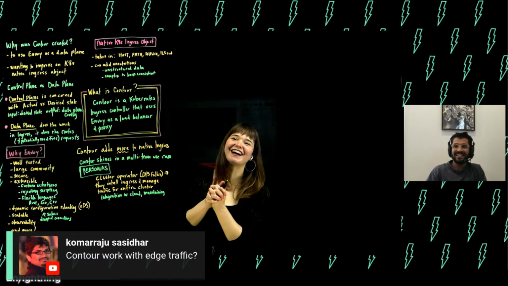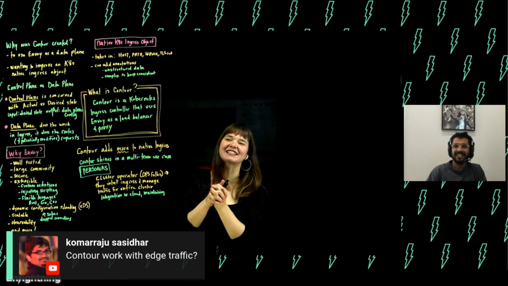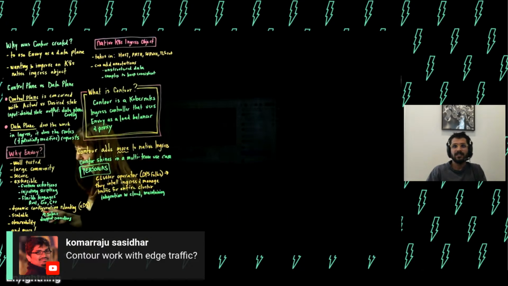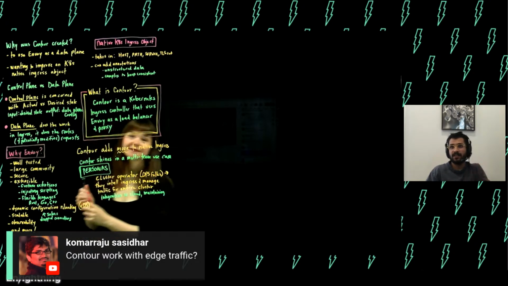Anyway, Kormaju asks, does Contour work with edge traffic? Yeah, Contour can be deployed as an edge proxy, though it's kind of hard.